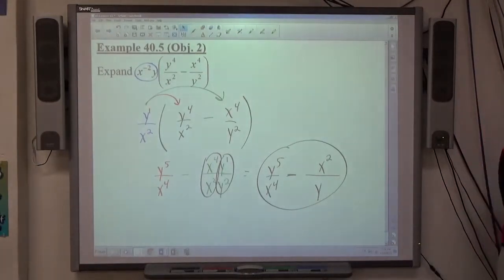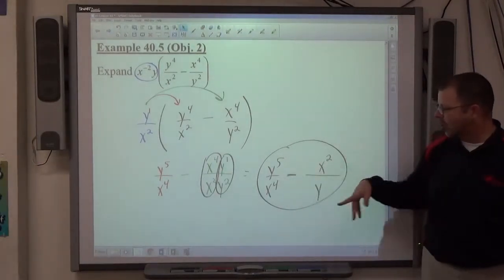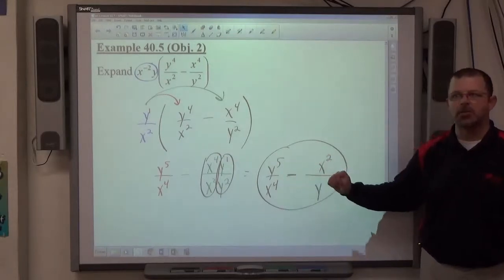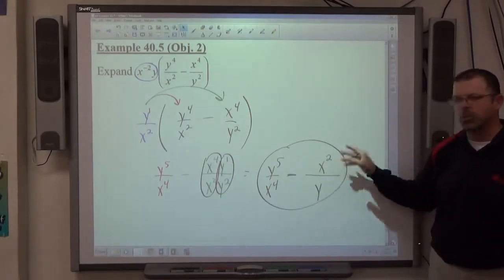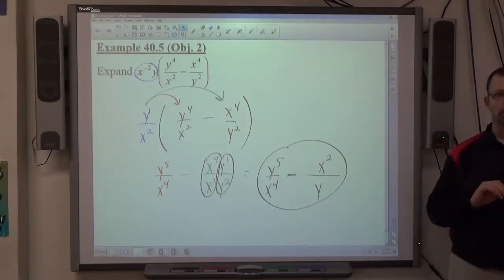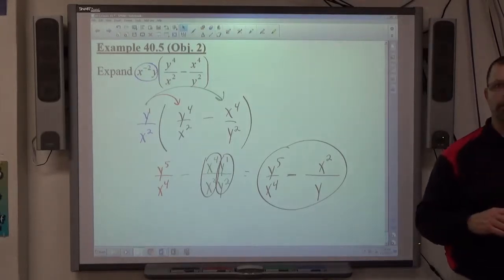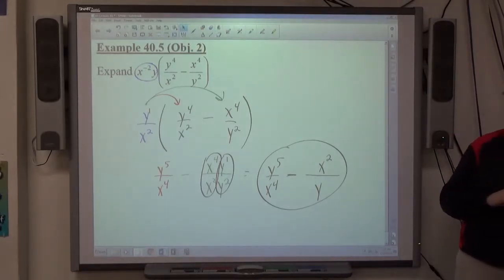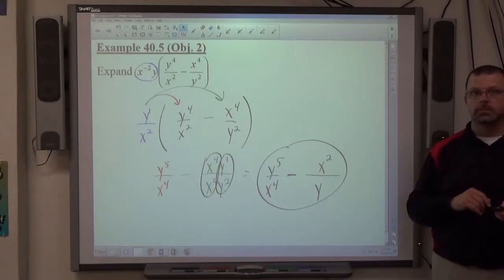And again, you're done when each term looks like these terms. There's one y, there's one x, the powers are positive. That term's perfect. There's one x, there's one y, powers are positive. That term's perfect. Okay? Once you get one of each letter, you're done. And the powers are positive, of course. What about